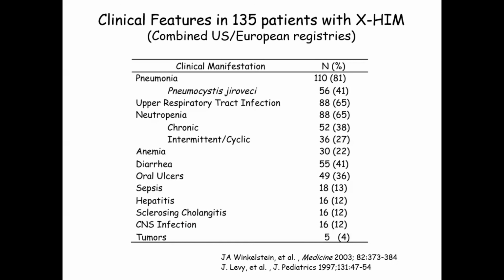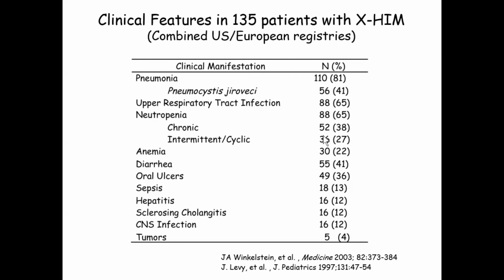What kind of complications do patients have? The majority will have pneumonia, and about 40% of the total patient group have an opportunistic infection with pneumocystis. There are a lot of upper respiratory tract infections, and then